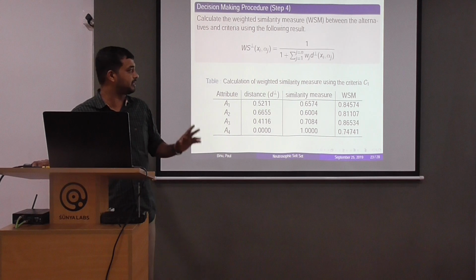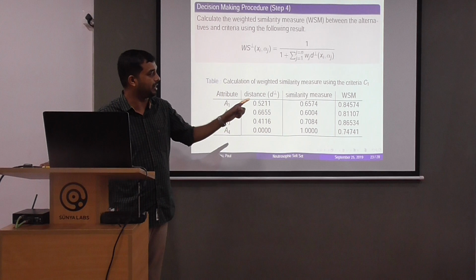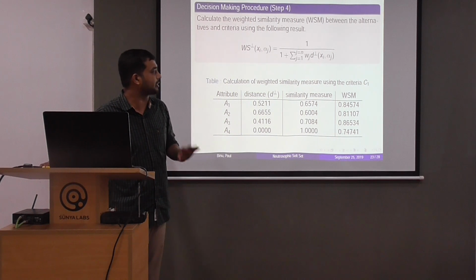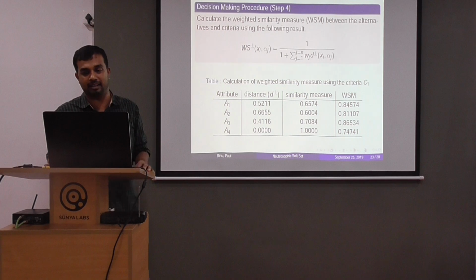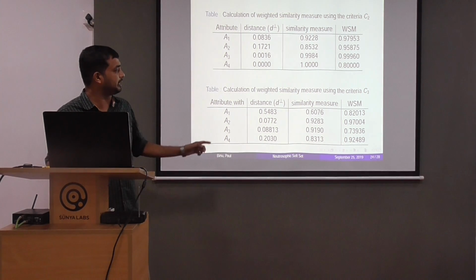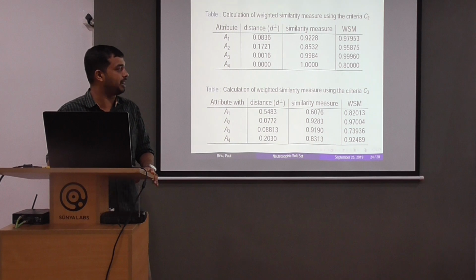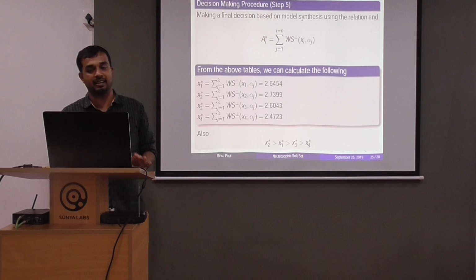Then using the above result, we can calculate the distance, similarity measure and weighted similarity measure of each criterion. The first table reveals the calculation of weighted similarity measure using the criterion C1. Then the second table, the calculation using criterion C2. The third table, the calculation using C3. From these tables, a final decision